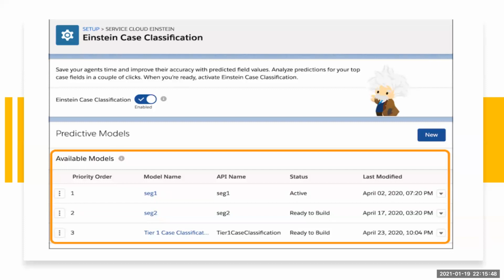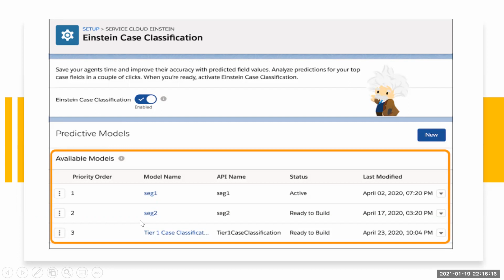Whatever is the top priority, it will always show the recommendation from that. Say I have a model called segment 1, the higher priority, which predicts the priority and reason fields, and segment 2, which predicts the escalated field.